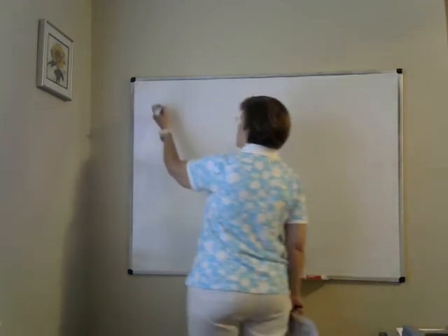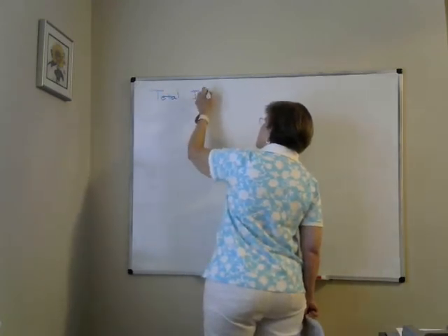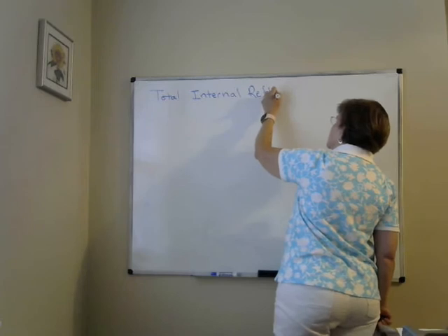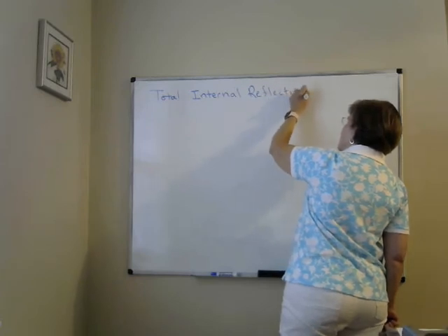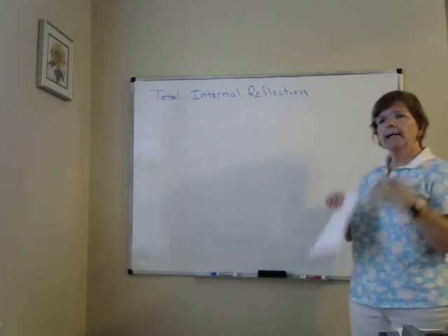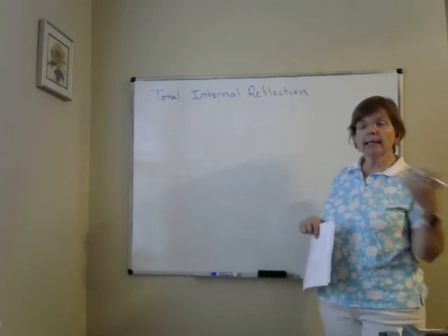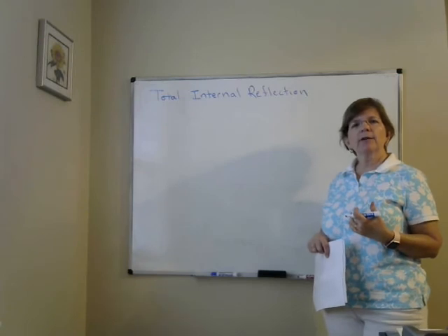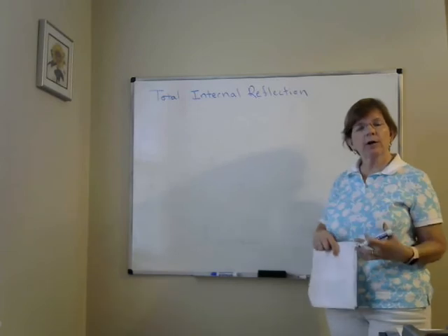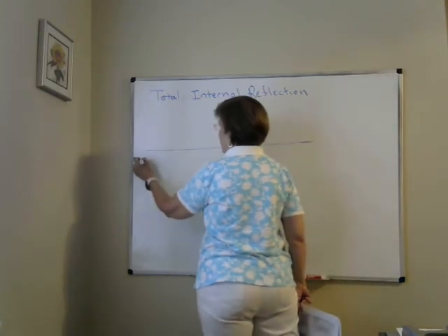Total internal reflection. Okay, total internal reflection only happens when light is in a high density material, a slow material, and it's trying to leave into a low density material. So it might happen for light that's in glass that's trying to go into air, or light that's in water that's trying to go into air. So let's draw a picture. Let's let this be water down here,